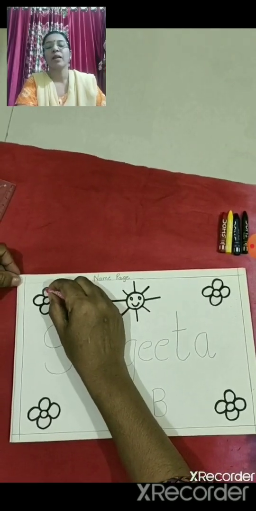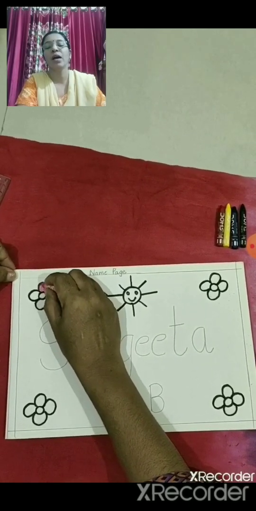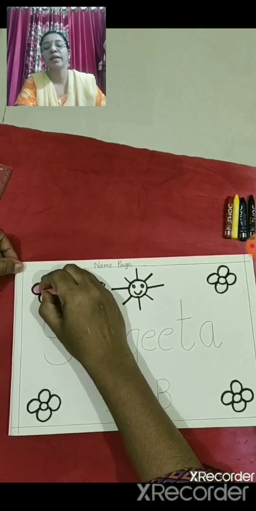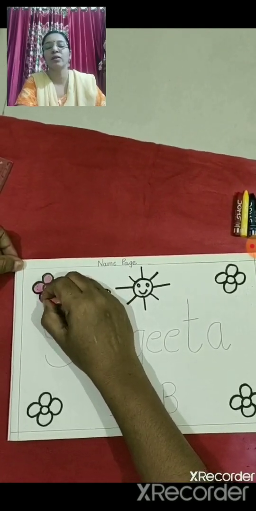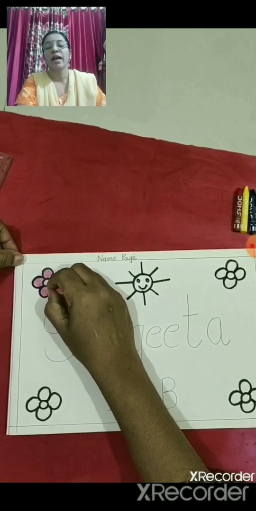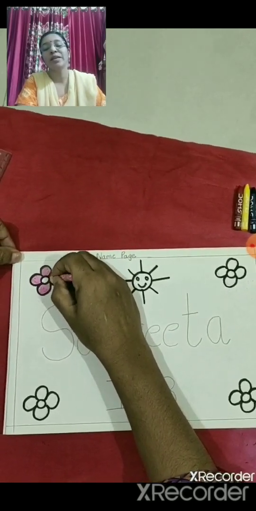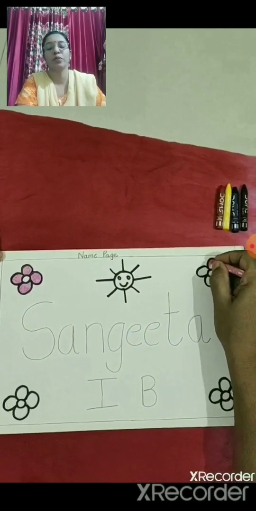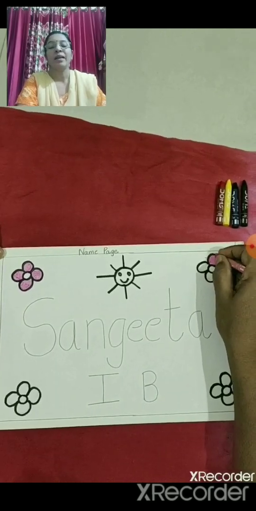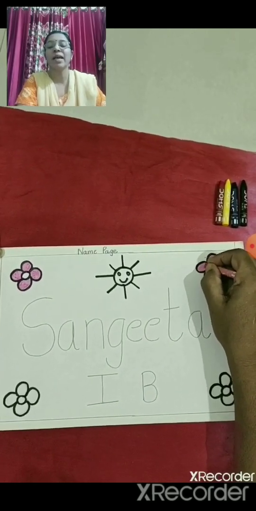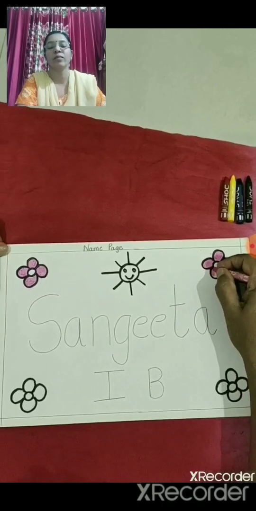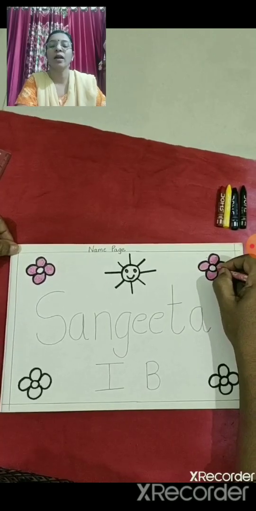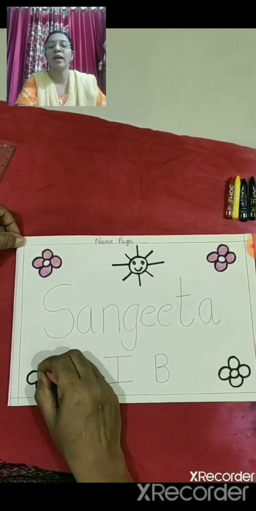Okay. Now I'm going to color the flowers. You can use any colors, your choice colors. See, I had given the outline only to the design part only. I had given the outline with a black color sketch pen. I didn't give the outline for the name, standard and division. We are going to just color that part. You are going to use the colors for coloring the name, standard and division.